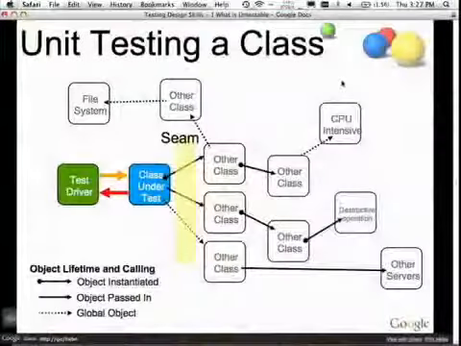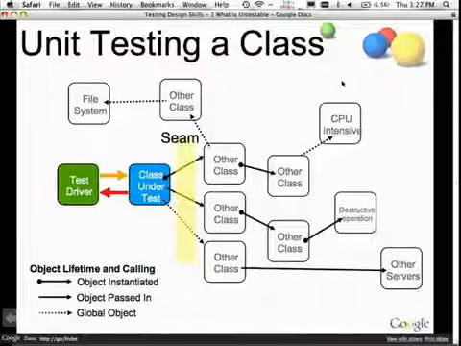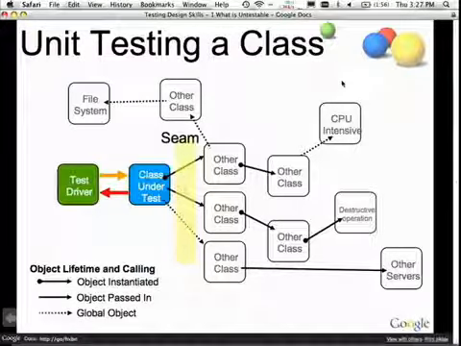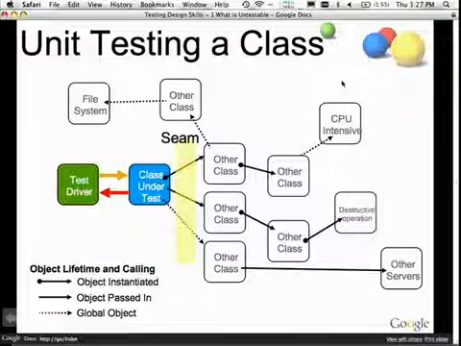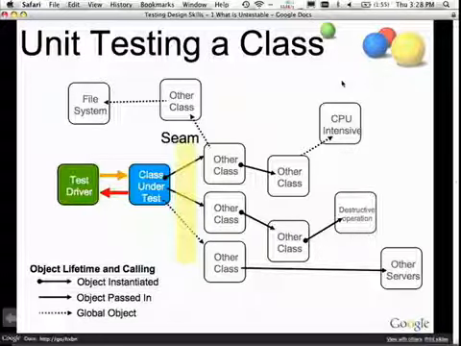So in order to test this thing, really you need something we call the seam. We basically need to be able to take a knife and cut all the dependencies. And the seam is important because it allows us to divert the execution of the code. This is why procedural programming is problematic, or rather static methods are problematic. Because if you call another static method, there's nothing I can do in a test to prevent that call from happening. Now, I'm sure you can come up with a simple case like, but I'm just calling Math.absoluteValue, therefore it's OK. But